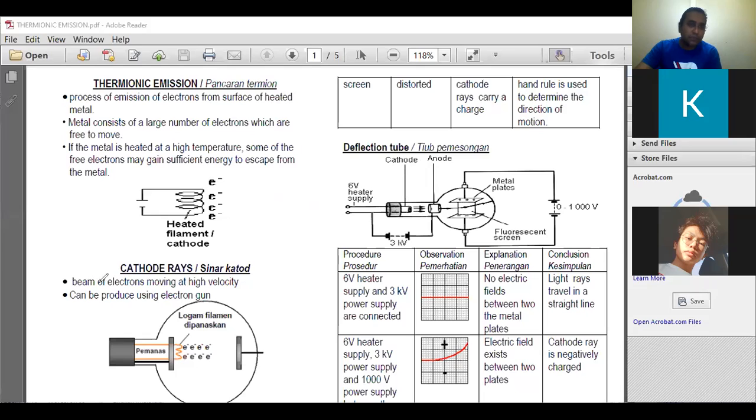Now, cathode ray is a beam of electrons moving at high velocity. It is produced using an electron gun. So it is produced using an instrument we call an electron gun. Now, basically, the electron gun